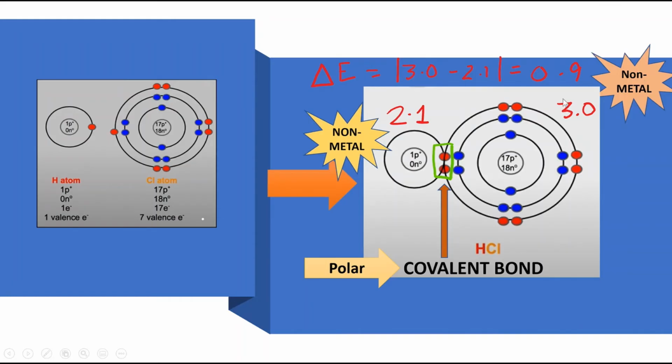So from this example, what can you conclude? That these electrons, though shared, are more inclined towards chlorine. Hydrogen is sharing the electron, but it has less power over these two electrons. It is more inclined towards chlorine because of the higher electronegativity of chlorine. Okay. So here, as a result, there is a formation of a difference of charges, delta plus and delta minus, across the molecule, and hence it's becoming a polar molecule, and the bond formed is this polar covalent bond.